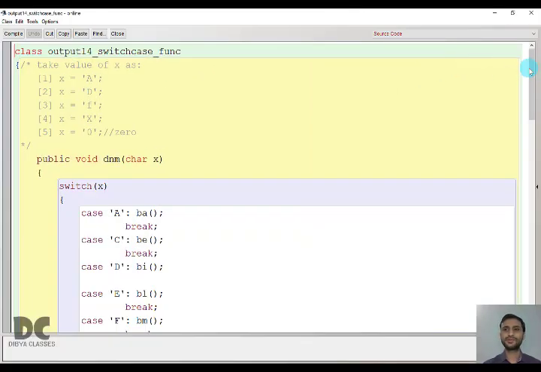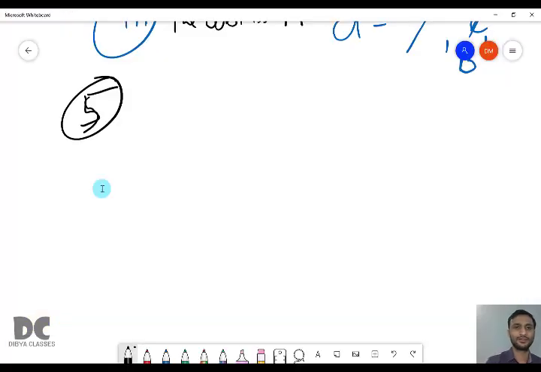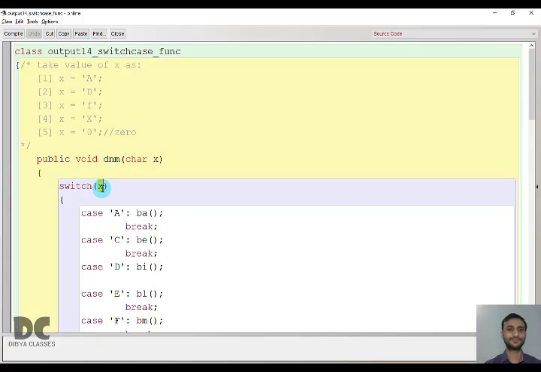So question number 5 is a switch program. Okay. And here we have 5 bits total. Okay. In the first case, you have to take the value of X as A. Single character constant, capital A. Okay. So here the value of X is capital A. First bit, you have X equal to capital A. So switch case does what? It checks for equality. If the value of X is equal to either of the one case or not.